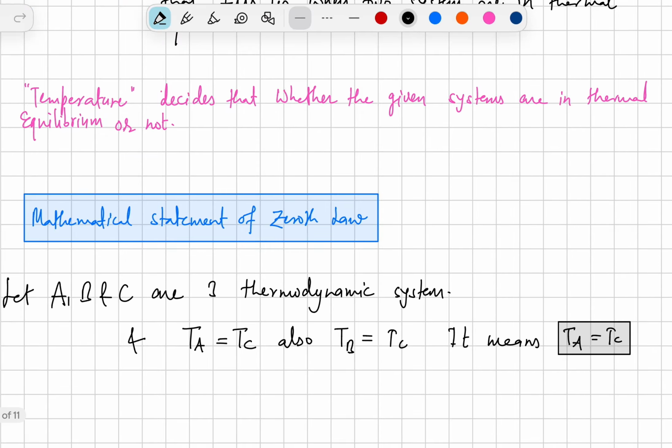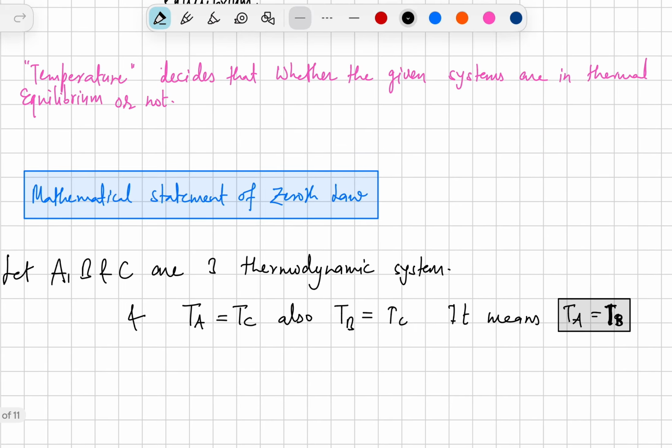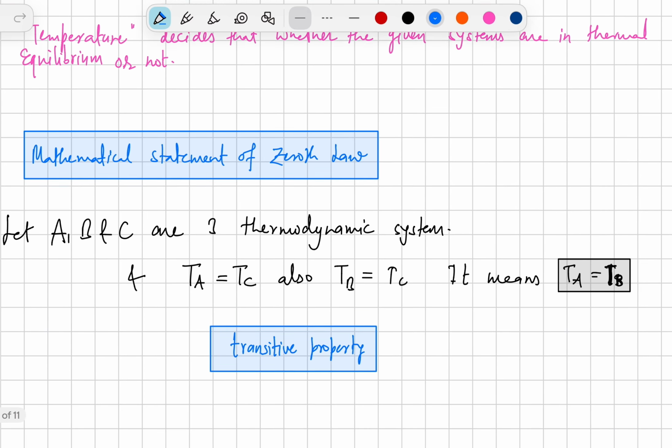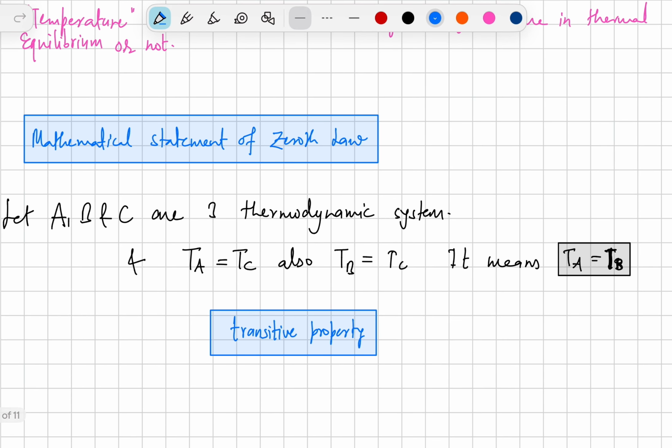And if you see by pure mathematics, this is called the transitive property, right? You must be aware of this mathematical property from arithmetic. So we can say that temperature follows